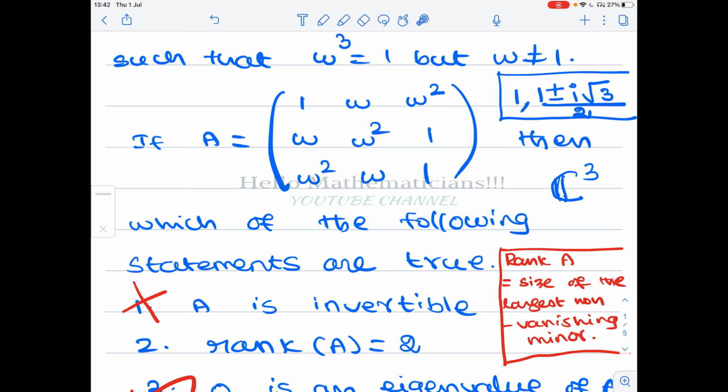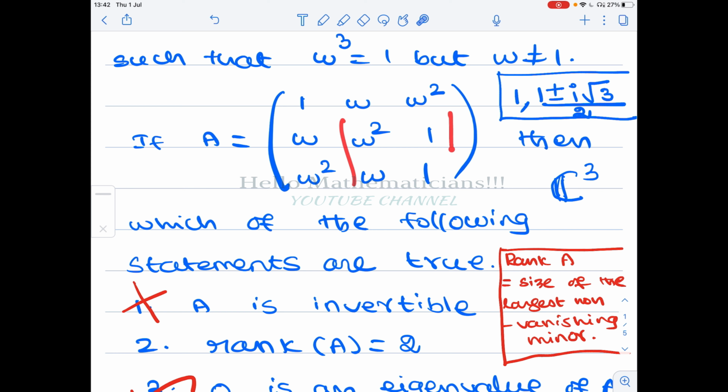If you look at the 3 by 3 minor of this matrix, the 3 by 3 minor is the whole matrix. But this matrix clearly has determinant 0 because the first row is a linear combination of the other rows. Once some row is a linear combination of the other rows, then we know that the determinant has to be 0. Therefore, the 3 by 3 minor is vanishing. Therefore, rank can be at most 2. Now, maybe we look at this minor, it is easy to compute.